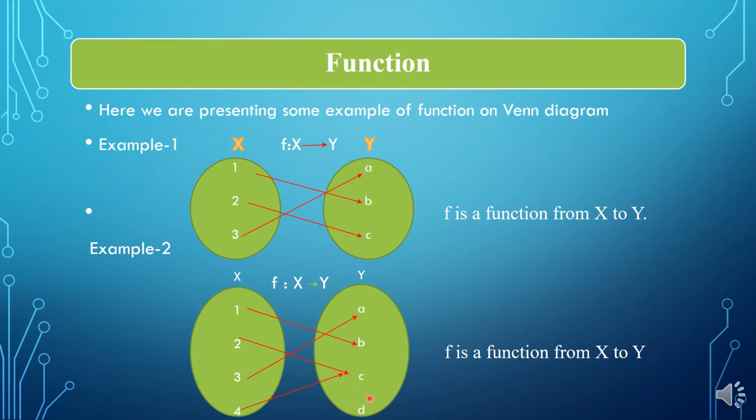But if we look here, D is not the image of any element belonging to set x. But it does not contradict the definition of a function, because in a function we have learned that for every element of set x we have exactly one image in set y. So it is a function. And in the next slide we will learn which relations are not a function. So let us